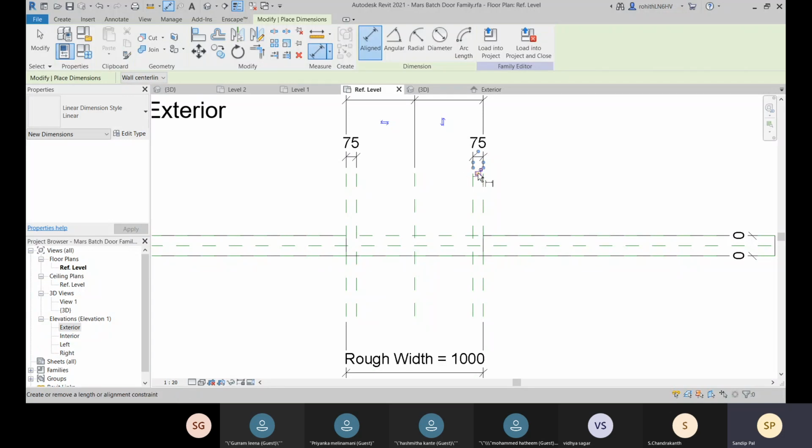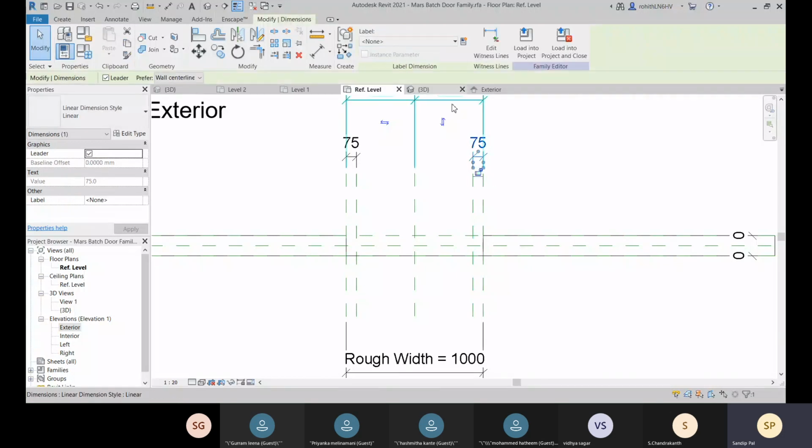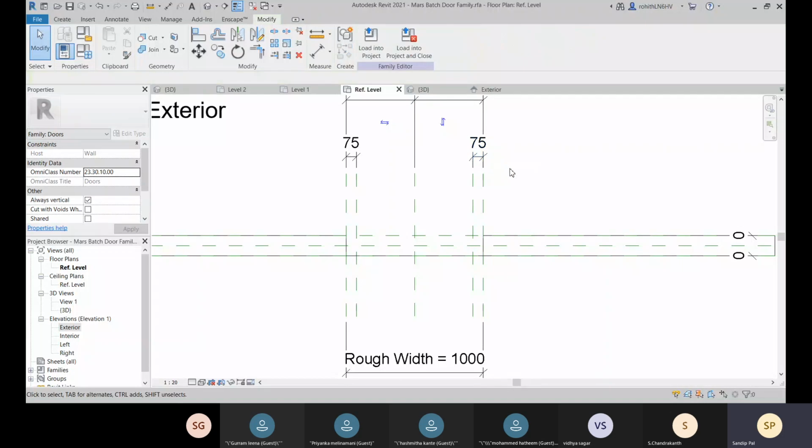That's why I will not lock it, because if I don't lock it, it will be variable. So if I ever change it, it will be reflected. Now only the dimension has been placed. We haven't applied the label, or converted it into a parameter. We will convert this into a parameter later.